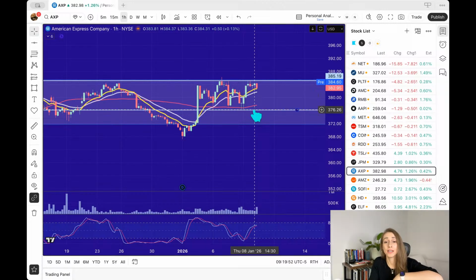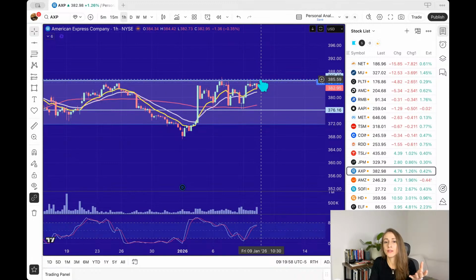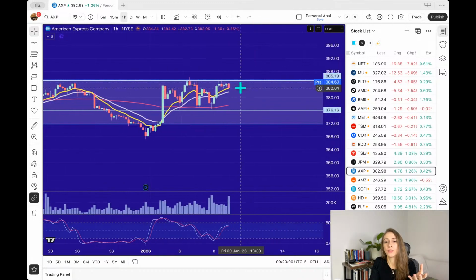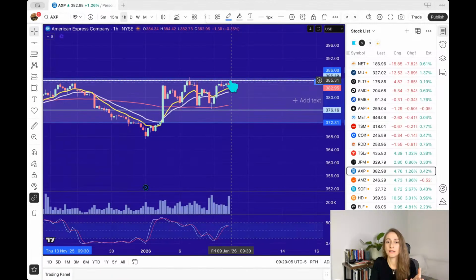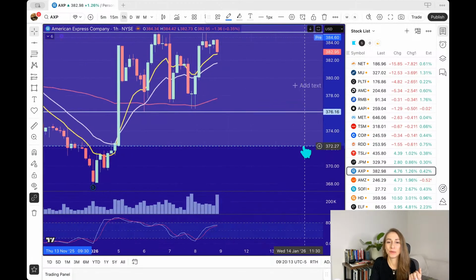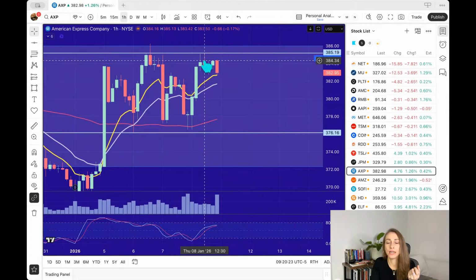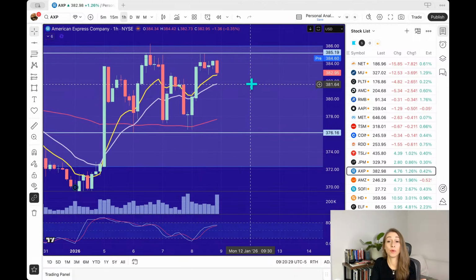On the hourly, with this range, we're not necessarily waiting to go all the way down here because it might not go down that far, but we do want to see it break and hold this level up. Then we're looking for an entry if it does that. Here is the close for the day, and you can see in pre-market it's up here. It was around 382, and now it's at 384 and a half in pre-market.